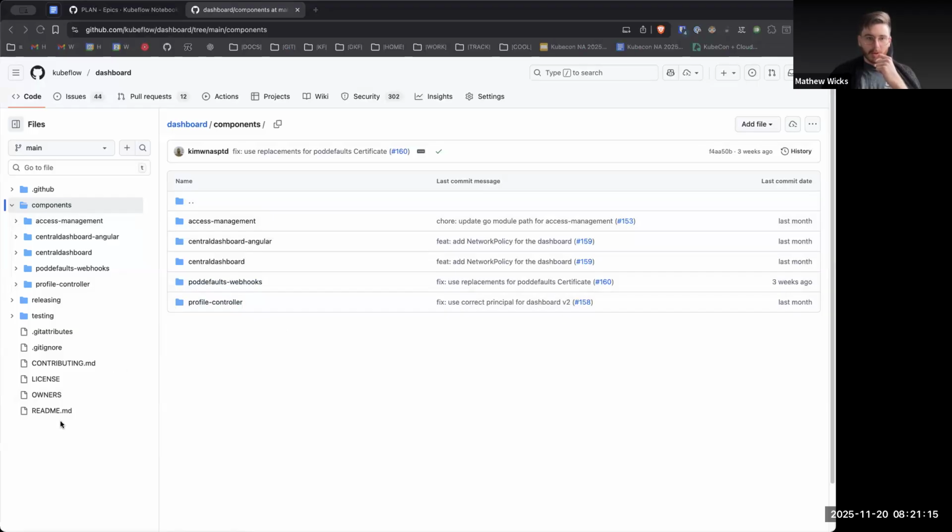From an auth perspective, this KFAM decoupling is all madness, right? And pod defaults is not really necessary after Notebooks 2.0, because that was primarily what it was used for anyway. Pod defaults is probably more complex, but for profile controller and dashboard, I'm not worried about code changes. I'm more worried about the mechanical ones.